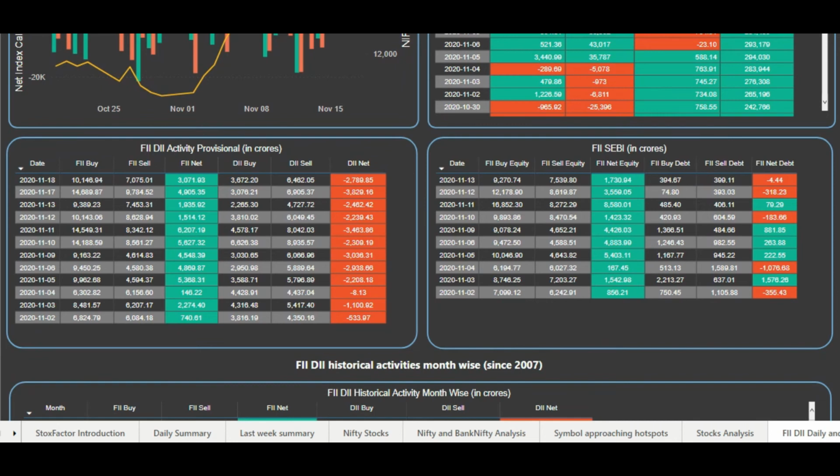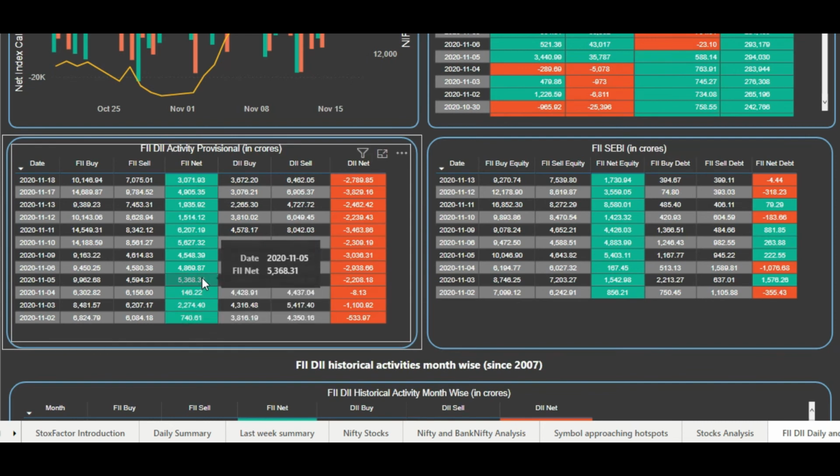So you have to analyze both. I mean, futures for the near term trend, plus also you would have to see whether they are actually taking the deliveries in the cash market or not. So you can see that FIIs on the cash market also have been continuously buying. So this is a very good sign.